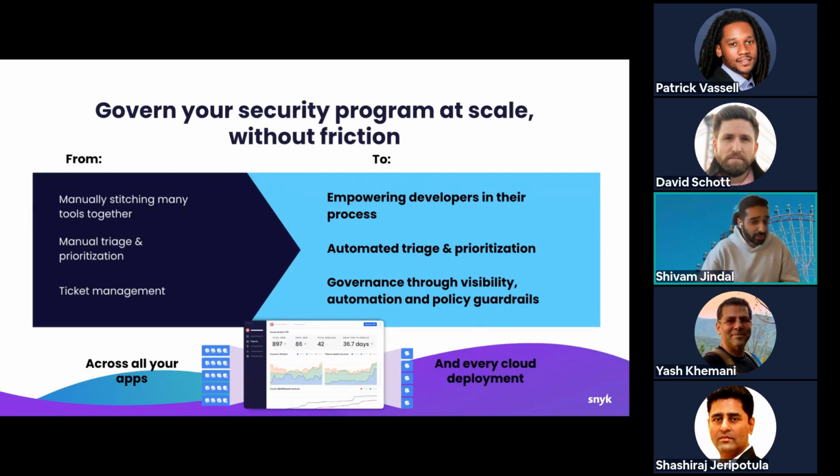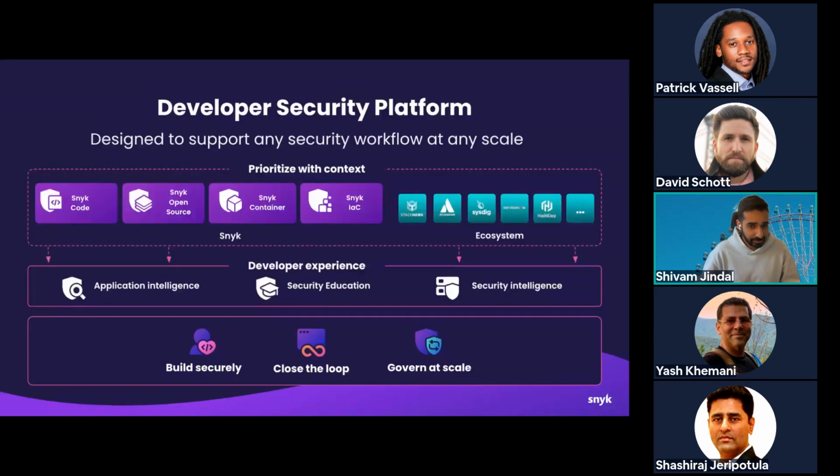And so really all of this is focused on taking the problems of yesterday of manually stitching many tools together, manually triaging and prioritizing and managing all of these tickets to actually helping empower developers in the process, to helping create some sort of automated triage and prioritization as well and help you actually manage your application security programs. While also being able to govern through visibility, automation, and policy guardrails.